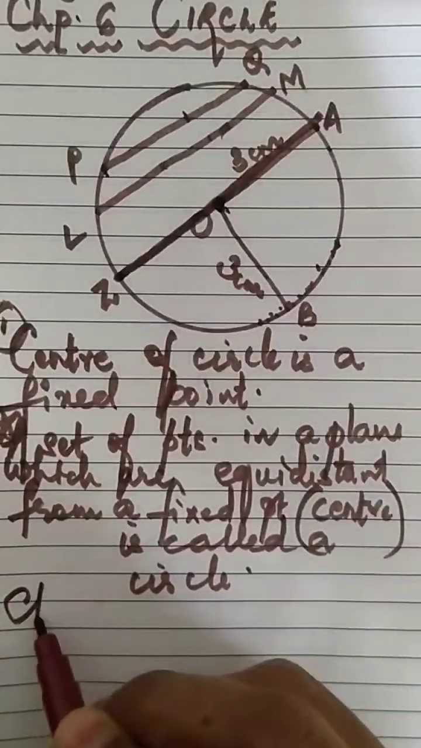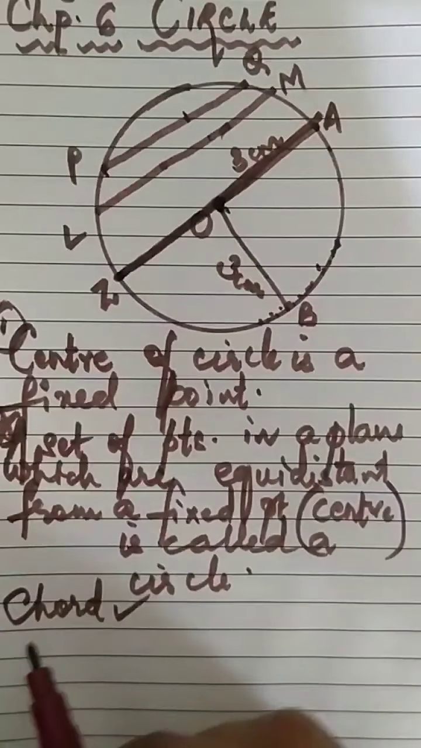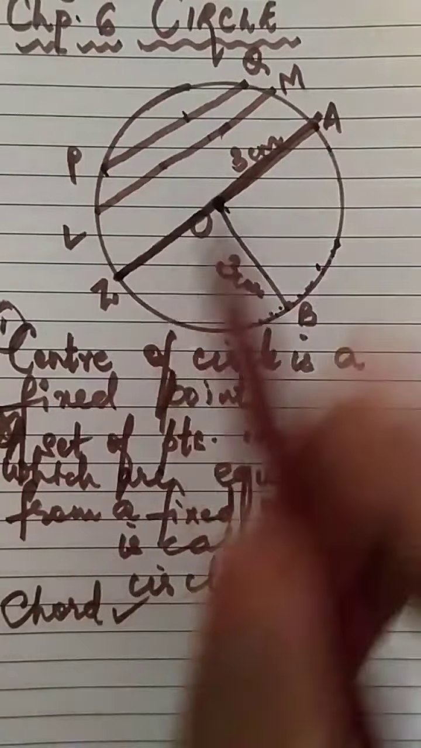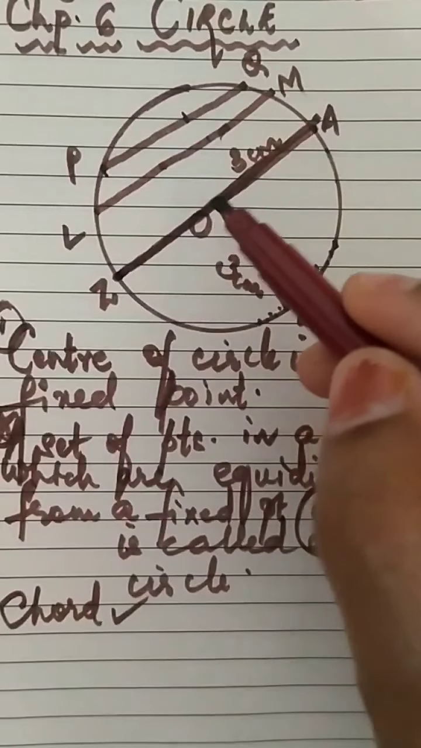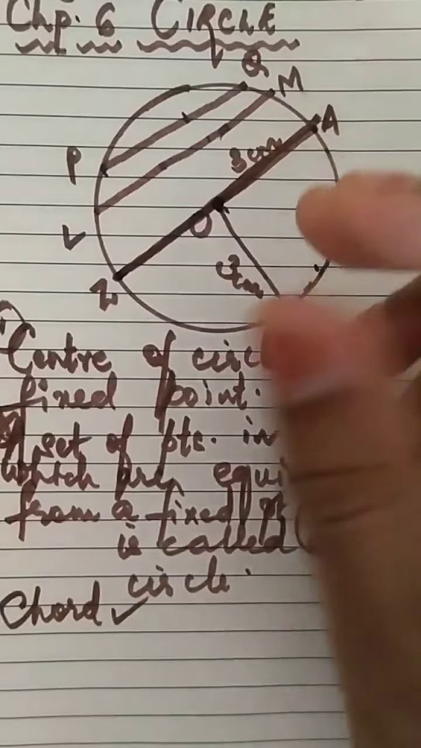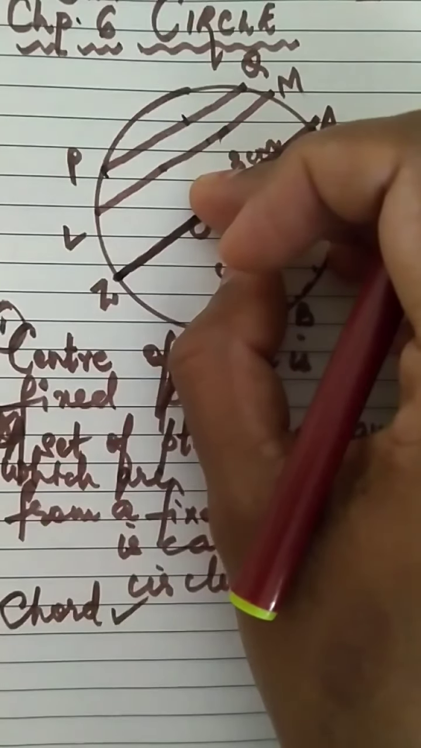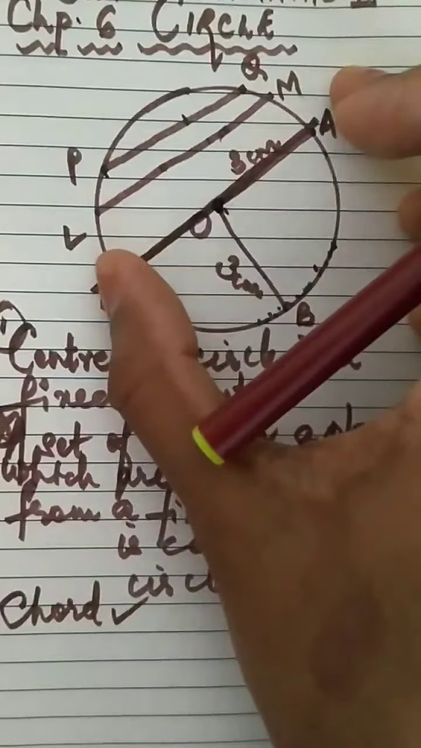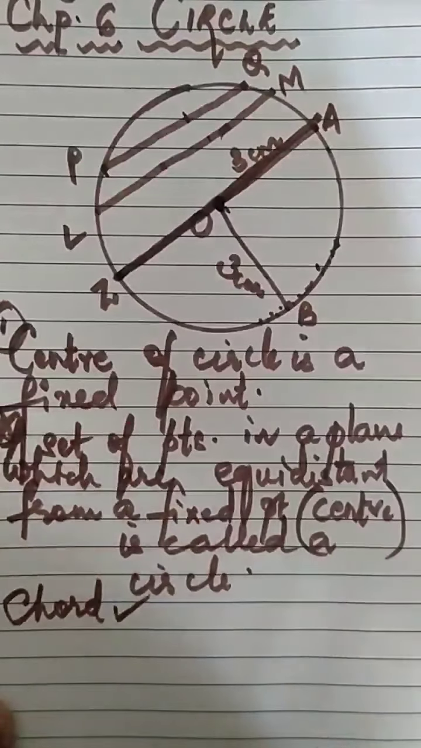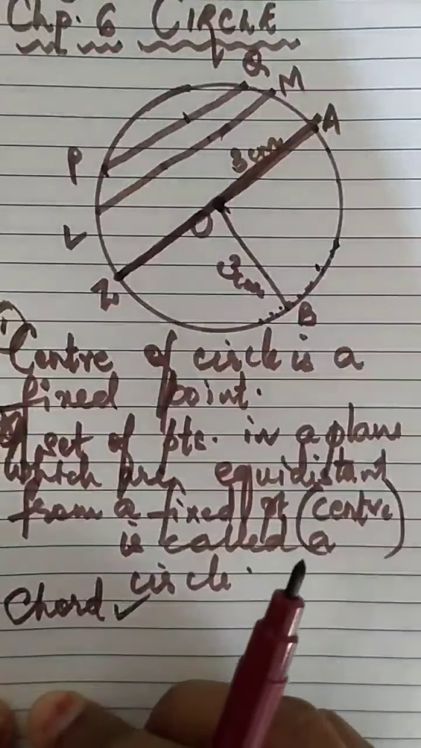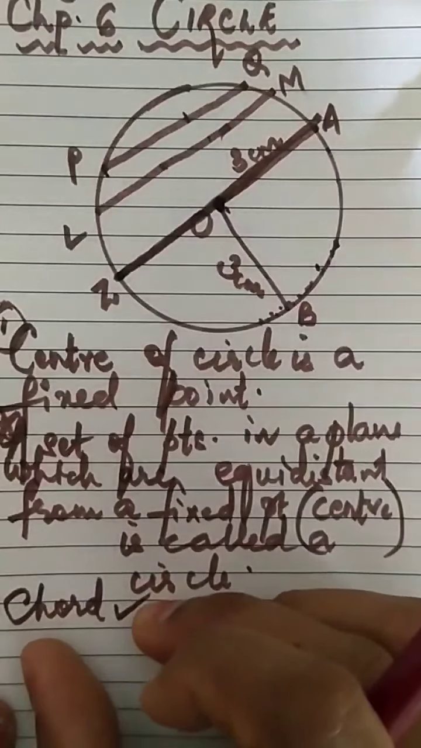Okay, so we have discussed about chord also. Chord. Then center, radius. Now we have discussed about diameter too. Diameter is the longest chord of a circle. So the chord which is passing through the center of the circle, okay, is called diameter of the circle. So I want you to write this definition also. As I say, pause the video and write down